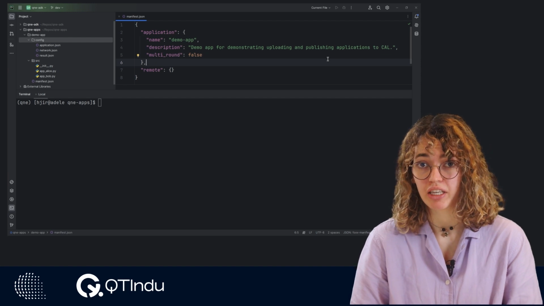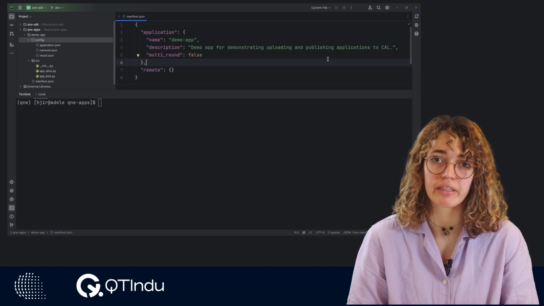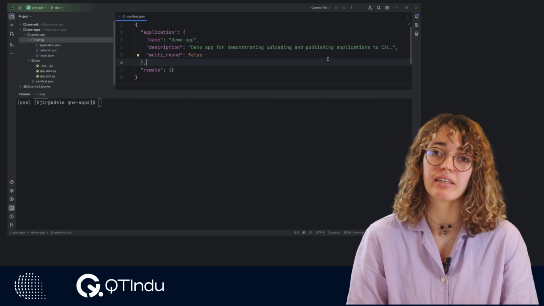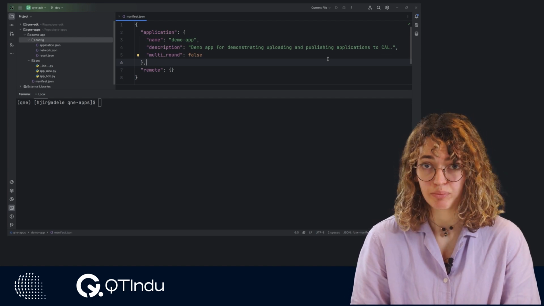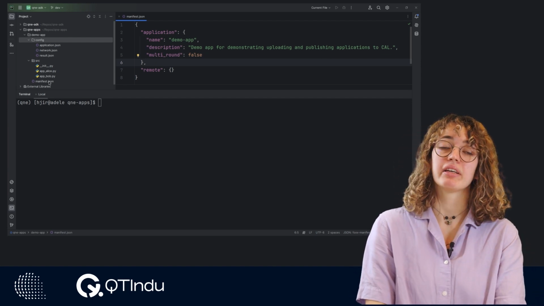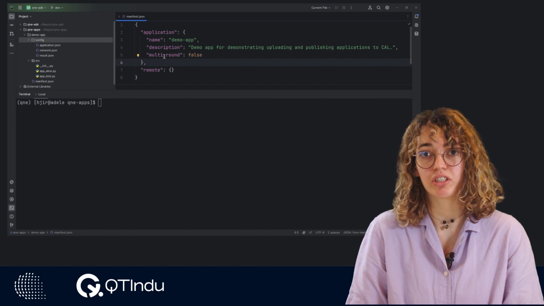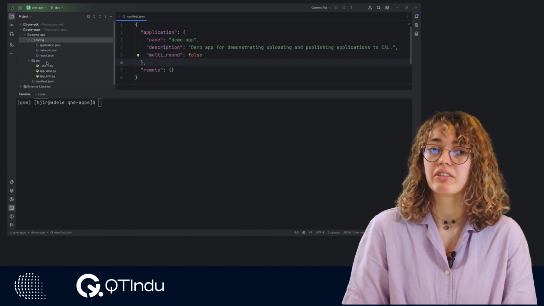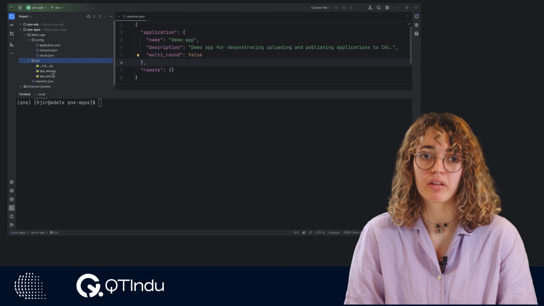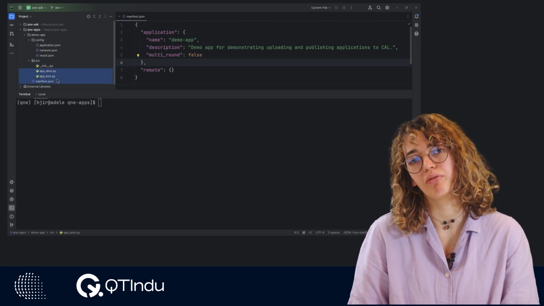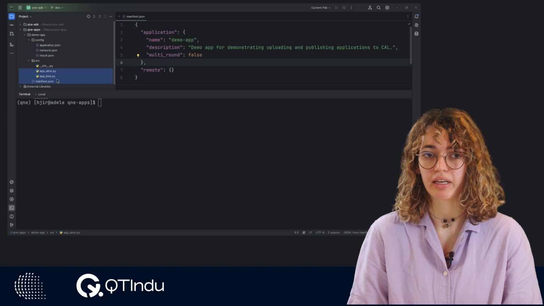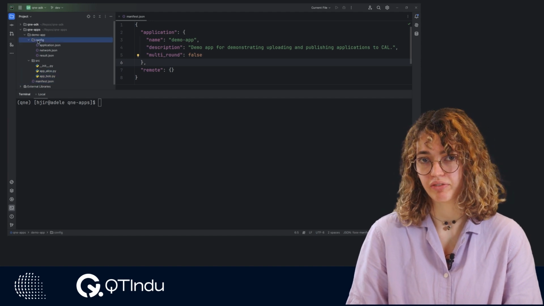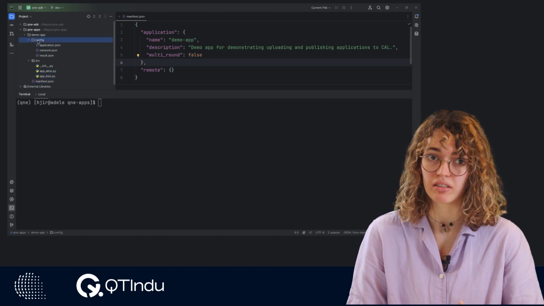Before uploading an application to Cal, we need to make sure that it's a valid application and that it has all the relevant files. This means checking that there is the manifest.json file, which I'm showing here, that there is a source folder with the source code for all the roles in the application, and there is a config folder, which contains 3 files.